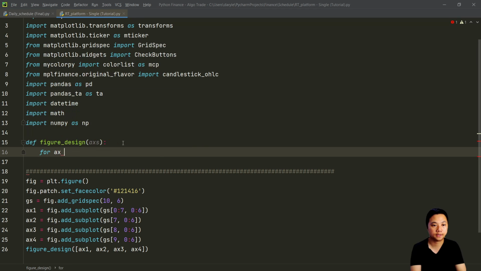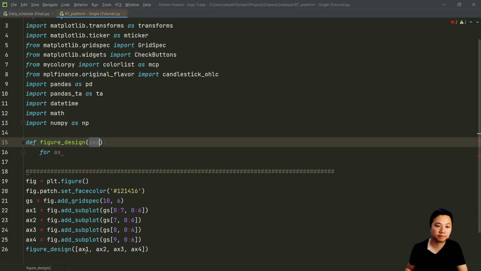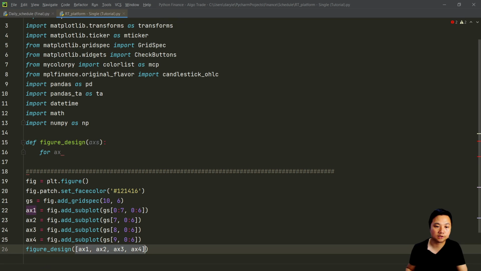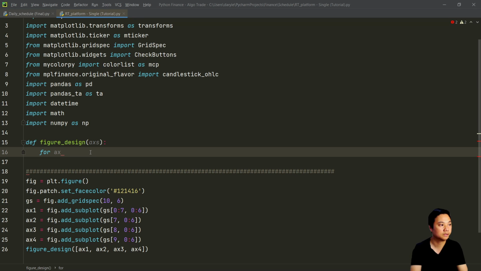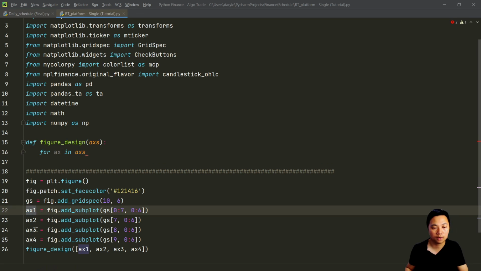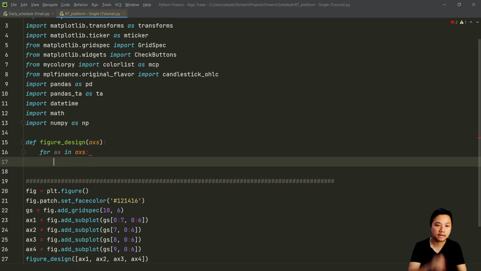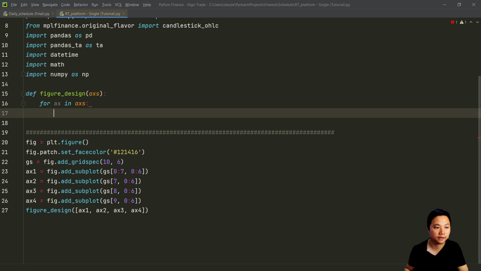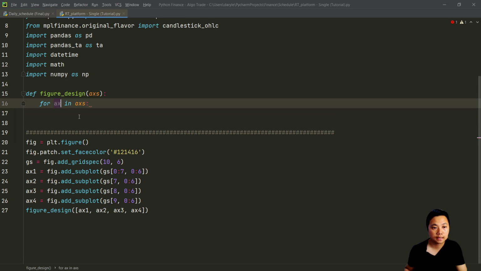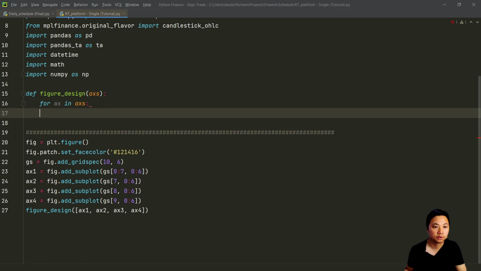So I will create a figure design and then pass it along with this list, that is a list of these axes. And then for each of the axes, SS1, SS2, SS3, SS4, I will give them a design. Inside these functions, the first thing that I would like to set up is the